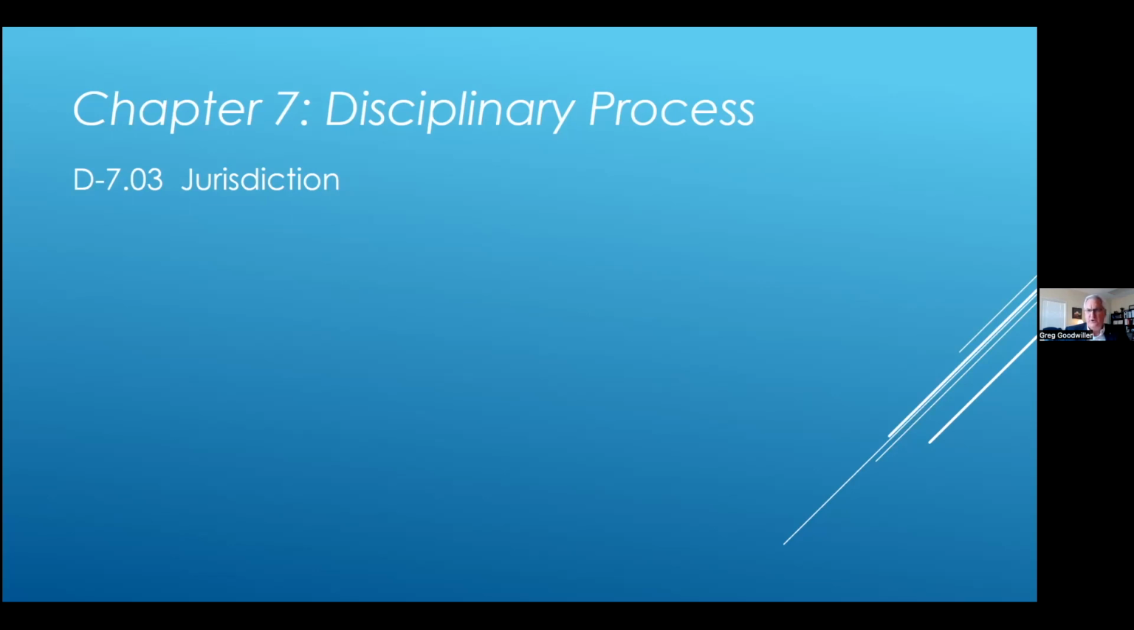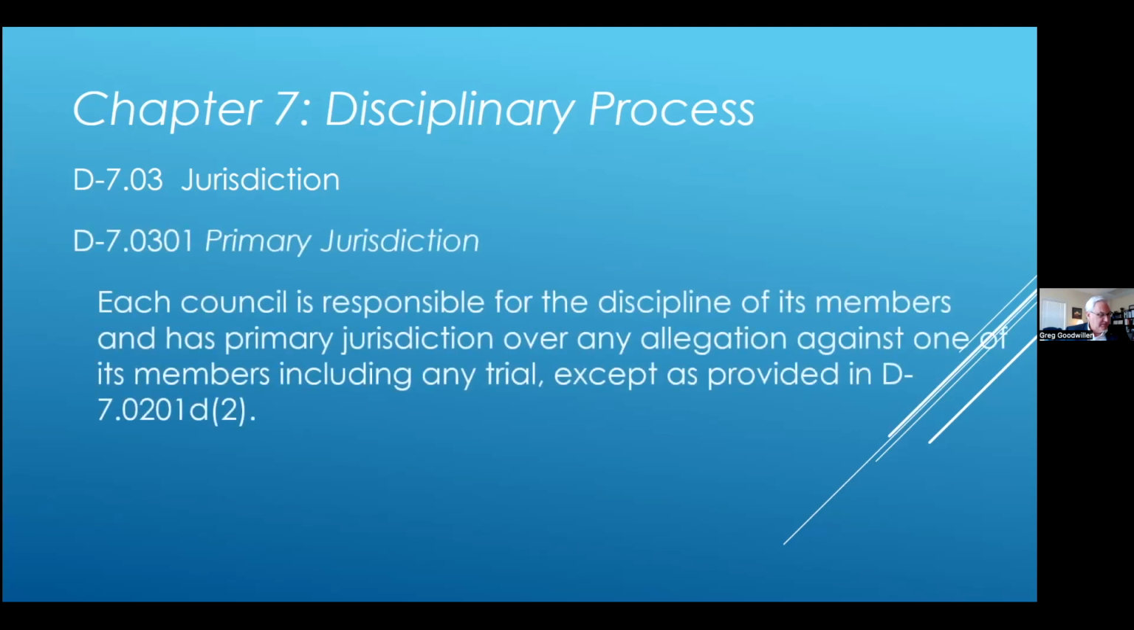has a standard, which is it's the council of which you're a member. That's the simple answer to who has jurisdiction. But as we know, life can get muddier than that. So there are exceptions. The language of 703.01 is simply that each council is responsible for the discipline of its members and has primary jurisdiction over any allegation against one of its members, including any trial, except as provided in 702.01d(2),